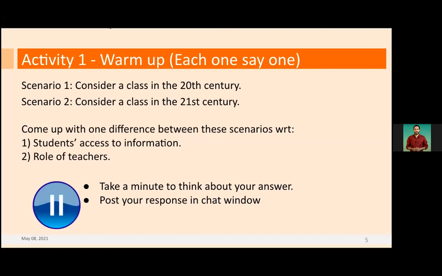Role of teacher is to motivate students to become a member of society, not a number of society. Influence of technology: students have access to information from n number of sources. Correct, a lot of data is available to students, but to facilitate knowledge is the role of the teacher. Teacher now acts as a facilitator. All of you have mentioned very good points, and I would agree with most of them.